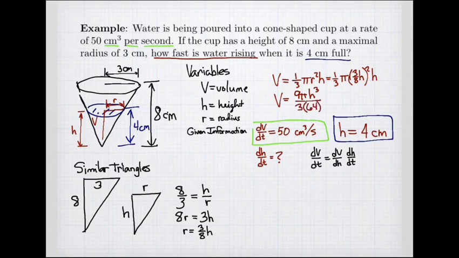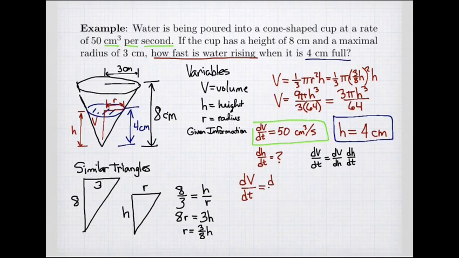I'll just write it as 3 times 64 because I see I'm going to cancel. And so I get 3 pi h cubed over 64. And that's the volume in terms of height. So that I can now use the rate of change formula. The rate of change of volume with respect to time